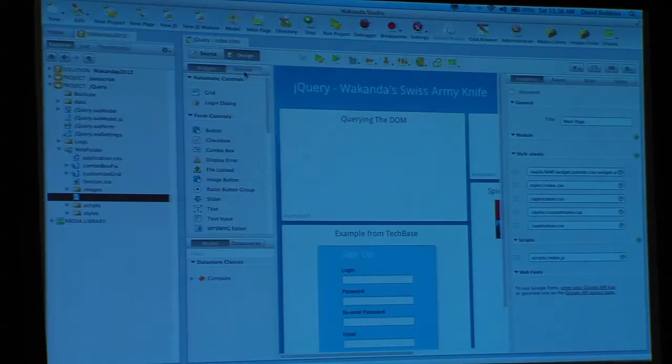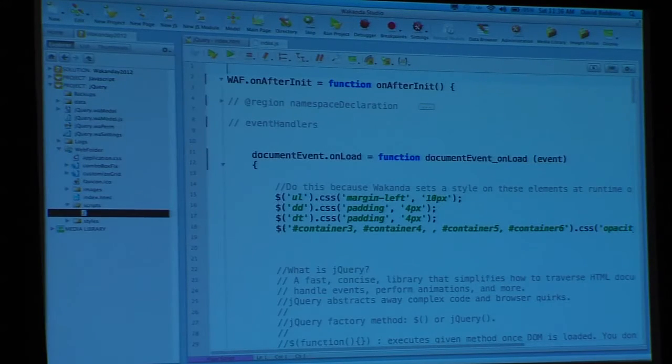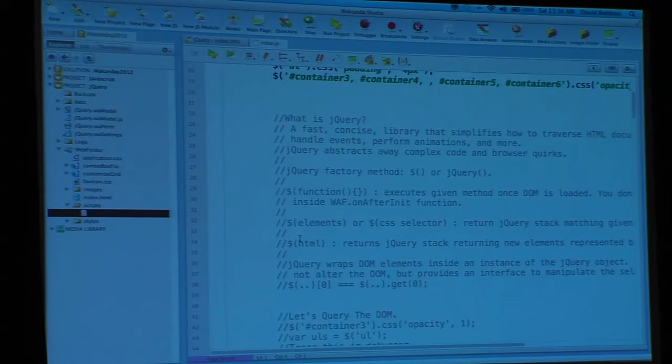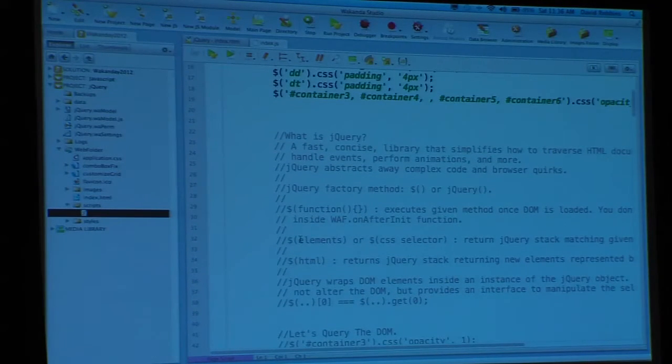So this is an example of how we can actually use jQuery. I have my script in here, and we're going to start talking about jQuery. So, what is jQuery? jQuery is a JavaScript library. It's a function. You pass in parameters. It will give you reference to DOM objects, and then you can call all these different methods to do things. So, for instance,